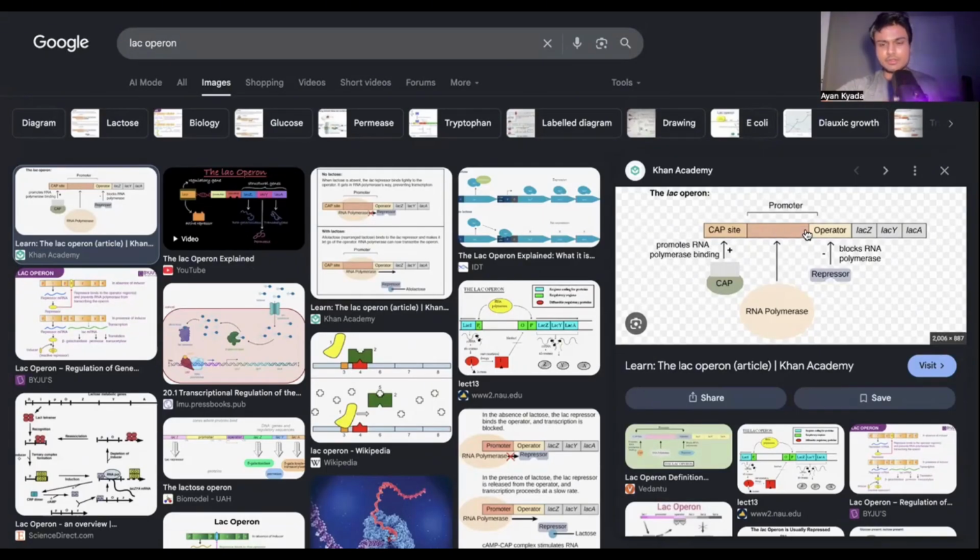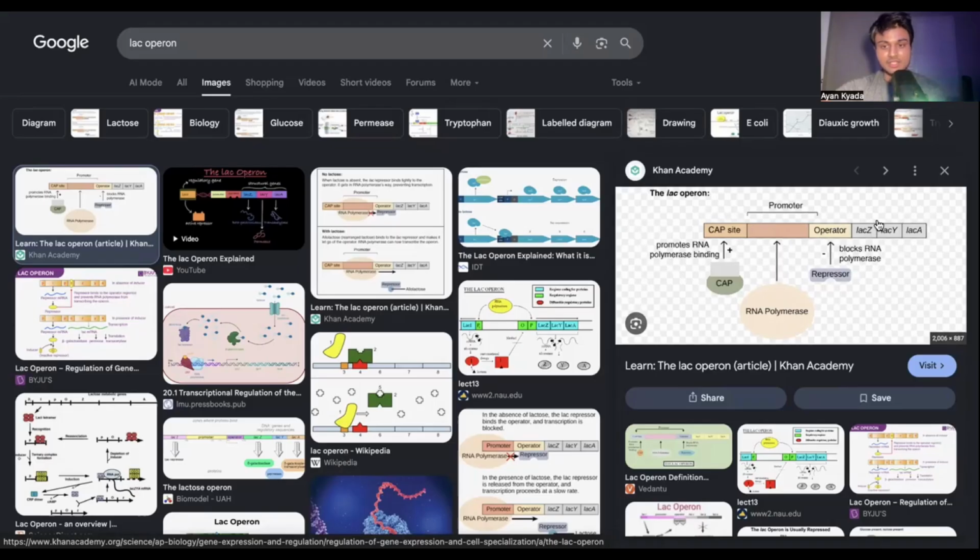So right here, you can see the promoter, and this is where the RNA polymerase is going to bind to start transcription of the gene if the conditions allow for it. Right next to it, downstream a little bit, you see the operator, and this is where the repressor protein is going to bind to either block the RNA polymerase, or if it doesn't bind, it allows the RNA polymerase to